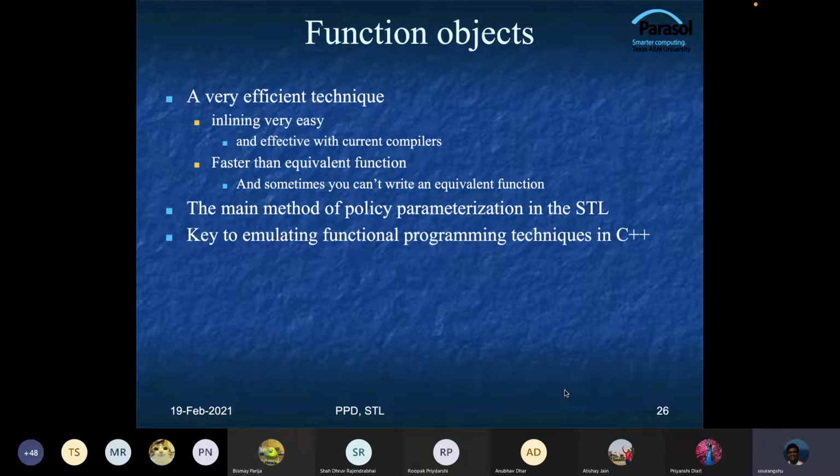So basically, what are the things that you are gaining by using function objects as opposed to raw function pointers? The first thing is that it's somewhat non-intuitive, but this function objects is actually very efficient. And the reason is that you see, if you pass a function pointer,